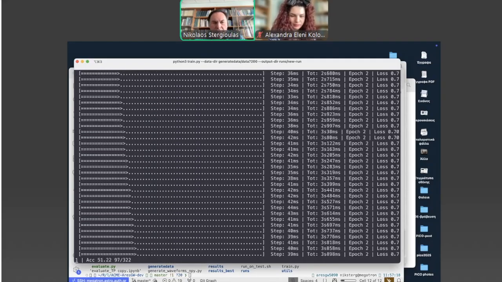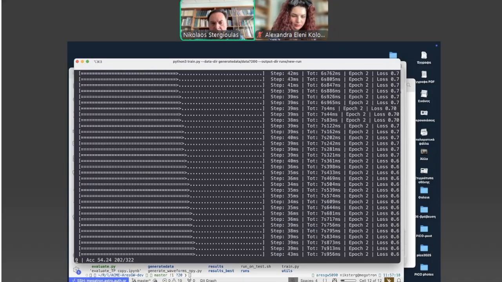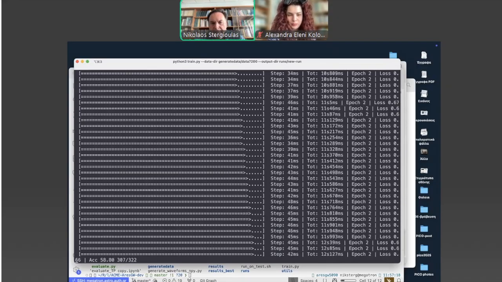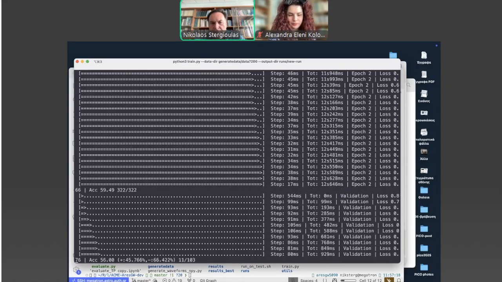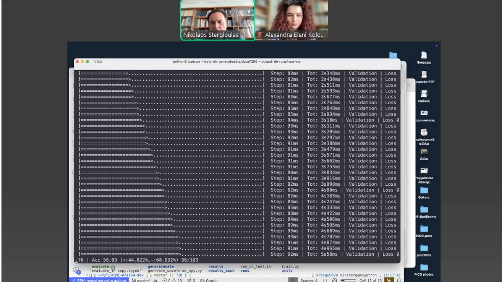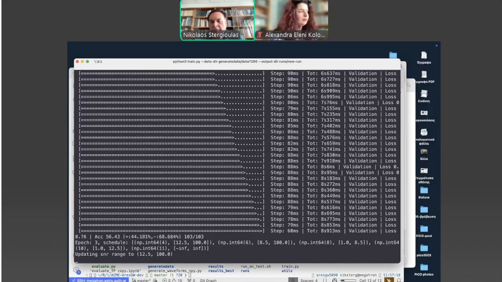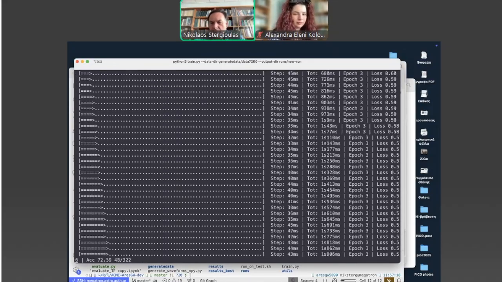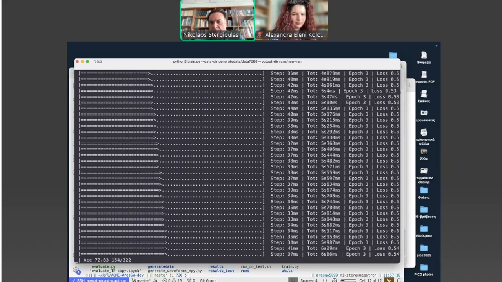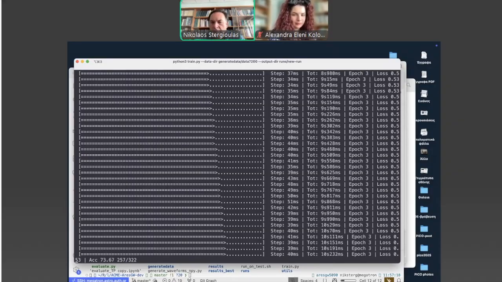For the training, it makes 322 steps. This number comes out because if you consider the number of training samples that you have, so 267 times 19, and divide by the batch size, which is 32, that gives you 322 steps that you need to do to complete a full epoch.